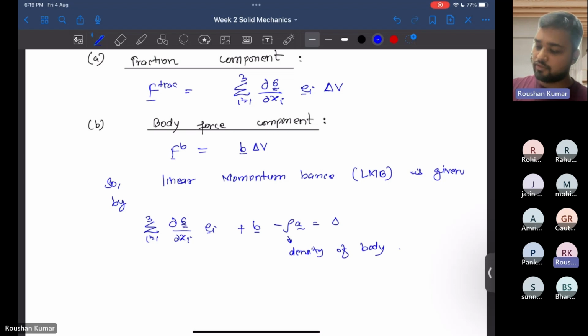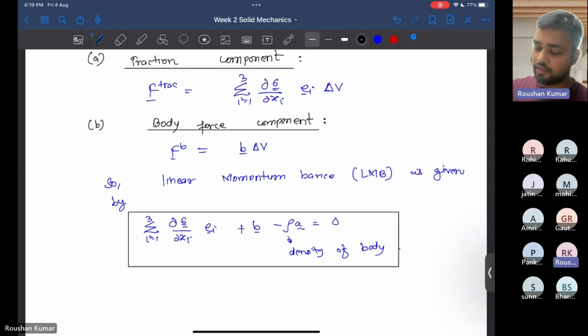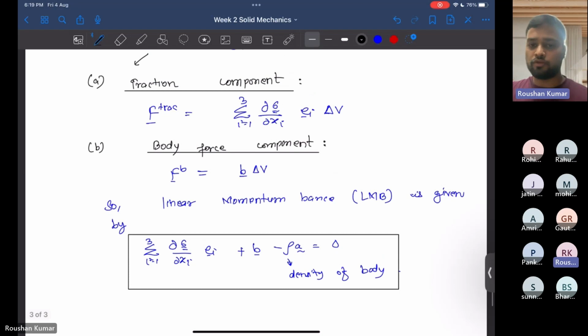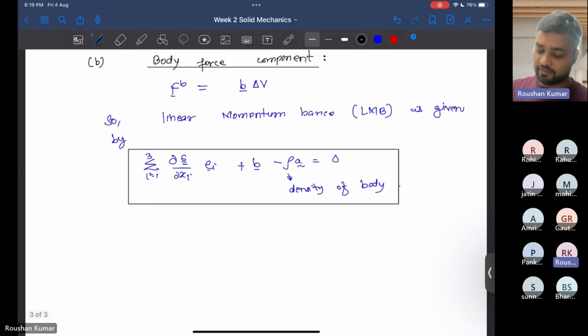The detailed derivation is already taught in the lecture. I am just giving here the brief information covered in that lecture. If you want to see the whole derivation, please go through the lectures. The next thing discussed here is the representation of the linear momentum balance equation in the E1, E2, and E3 coordinate system. This is in vector form. If you want to know each component of the equation,